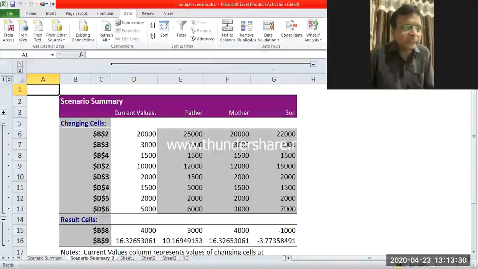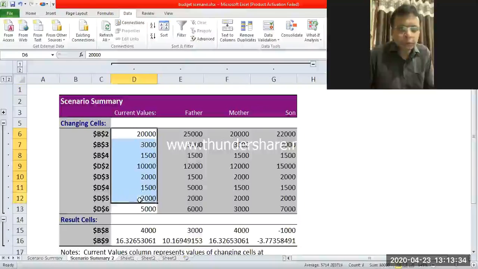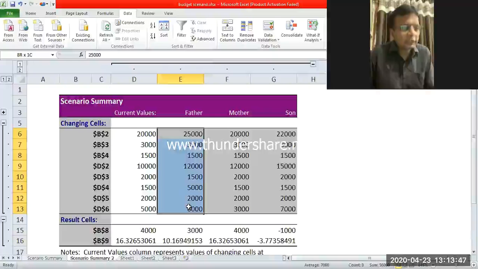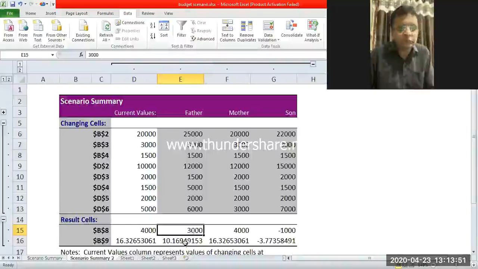I hope you can see this properly. So these are the current values which are being shown here. So in this current situation, the saving was 4,000 rupees and that saving percentage was 16.32. Then the second version of it, that is the father's opinion. So it is showing the saving of 3,000 rupees and the savings percentage 10.1%.